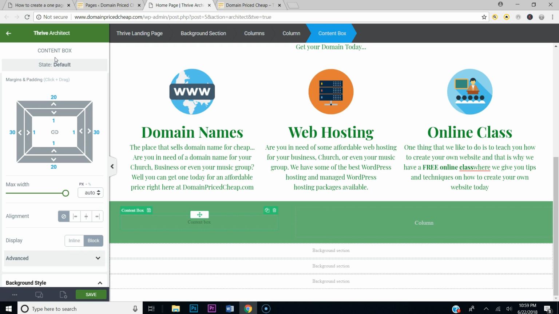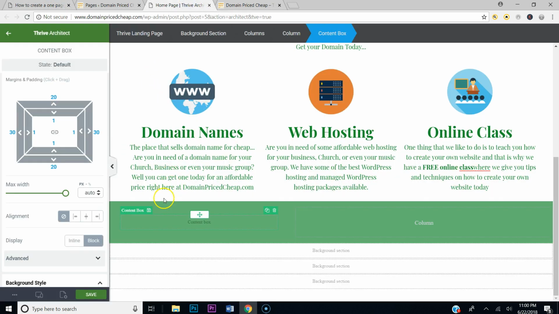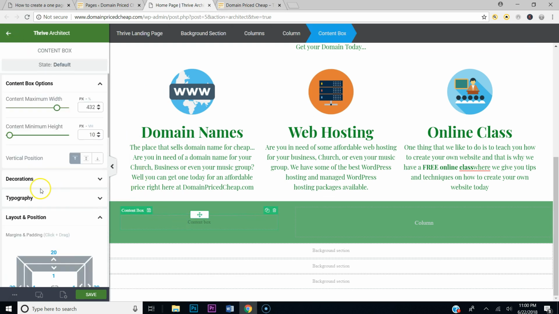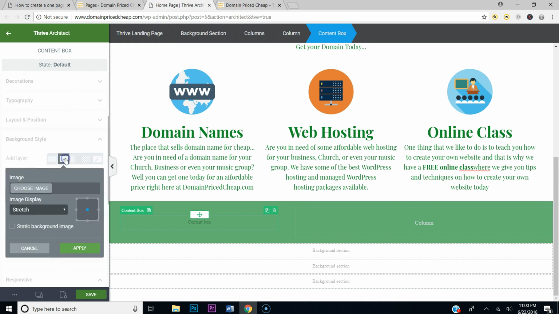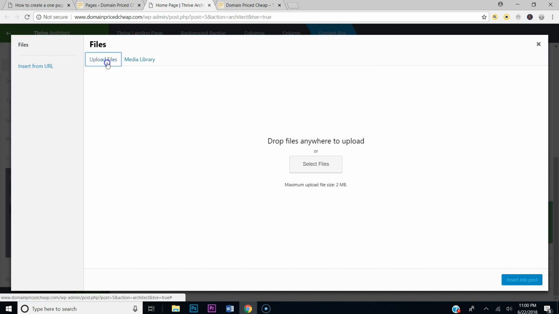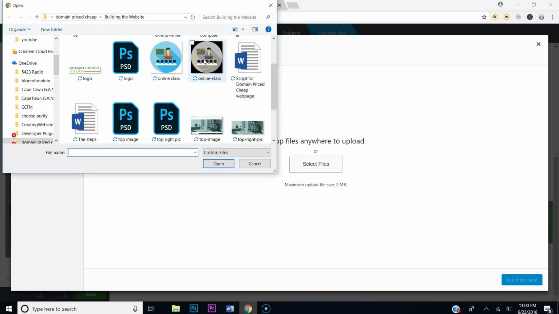It looks like what you want to do now is add an image. Because I think that's, yeah, they got a nice image. So let's go ahead and get this image. The way you're going to add the image, you're going to click content box. You're going to go to your background style, select image, choose image, and let me see what file. Let's try a black and white one. So we'll grab that one,